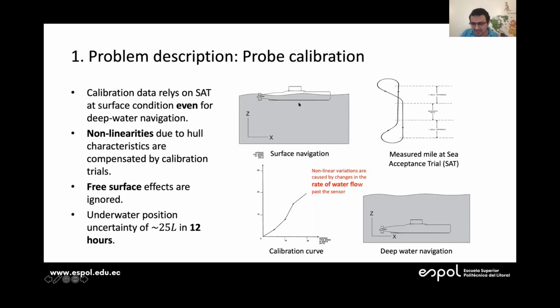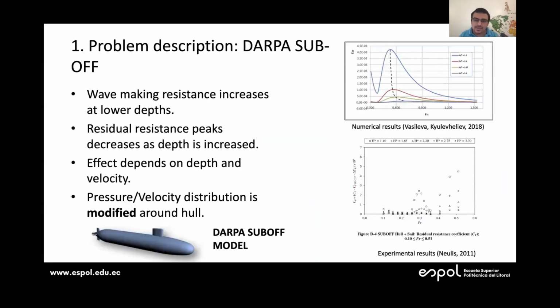And it's kind of confusing at the beginning, but the thing is that the flow conditions between these two navigations are not the same. There is extensive evidence that the flow changes, especially the resistance force has nonlinear effects, nonlinear behavior